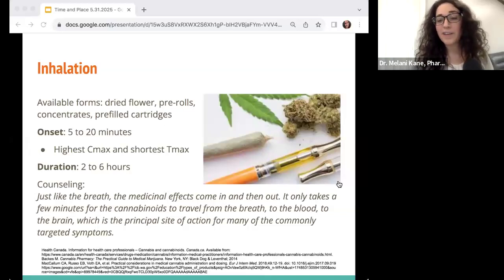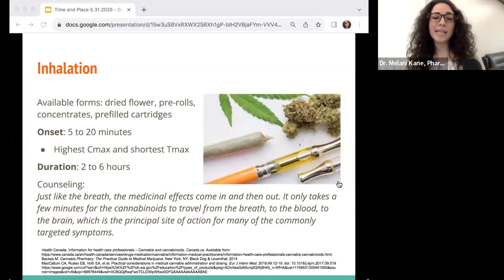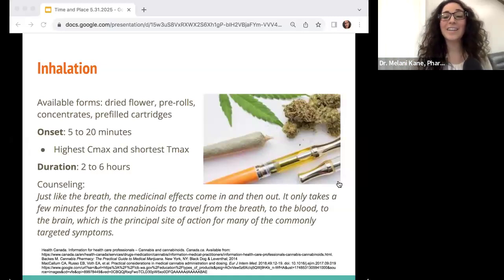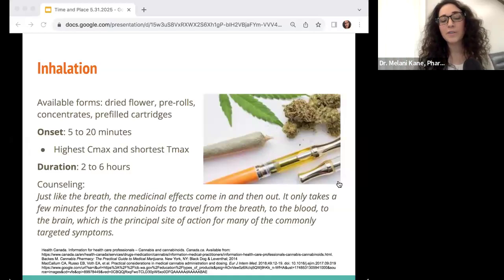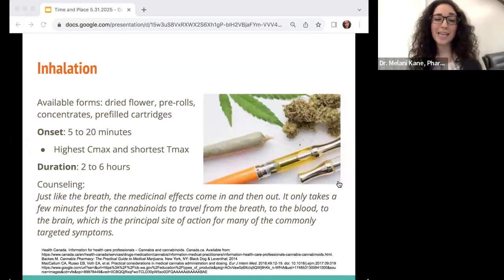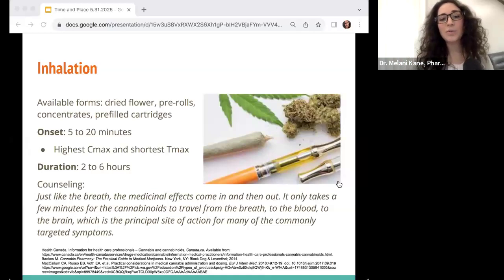And that would be when they could expect their next dose if they needed it. So if they wanted to wait 5 minutes and they know that that's their onset, I would feel comfortable agreeing with that. And then duration, as you can see, does not last very long, which is great if they're having a side effect. It's not going to be a long-standing issue, but unfortunate if they're having to redose every couple hours, and also expensive. So not the best formulation for symptoms that are persisting throughout the day and night, but definitely something we will rely on for as needed or PRN types of care.